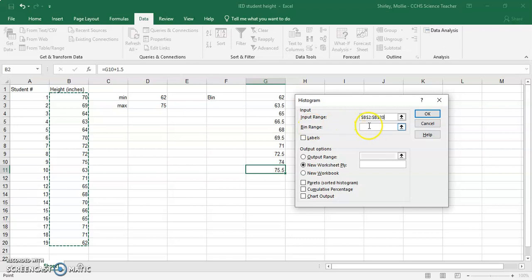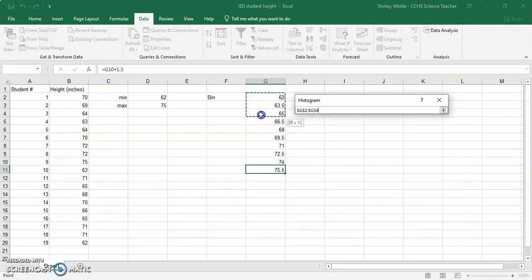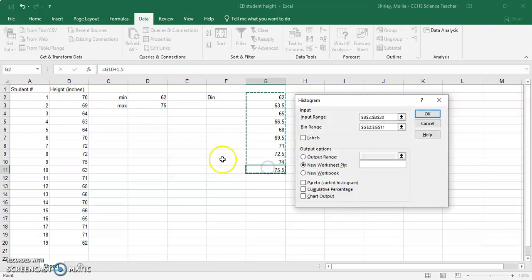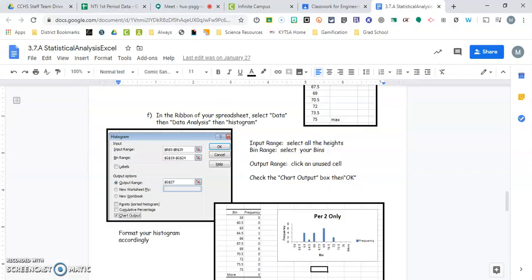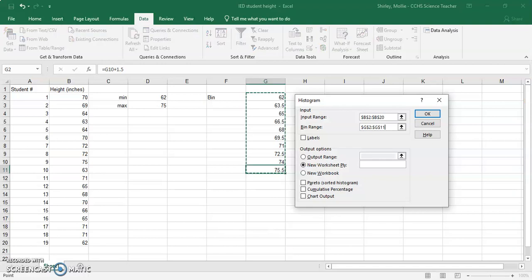Then we also need to include our bin range, so move your cursor down here, and we'll select all of those values that we just created. Let's make sure I didn't forget anything. Right, so in the input range, we did that. Our output range is really important. Our output is just where this histogram is going to go. So you can just place it. I might even put it